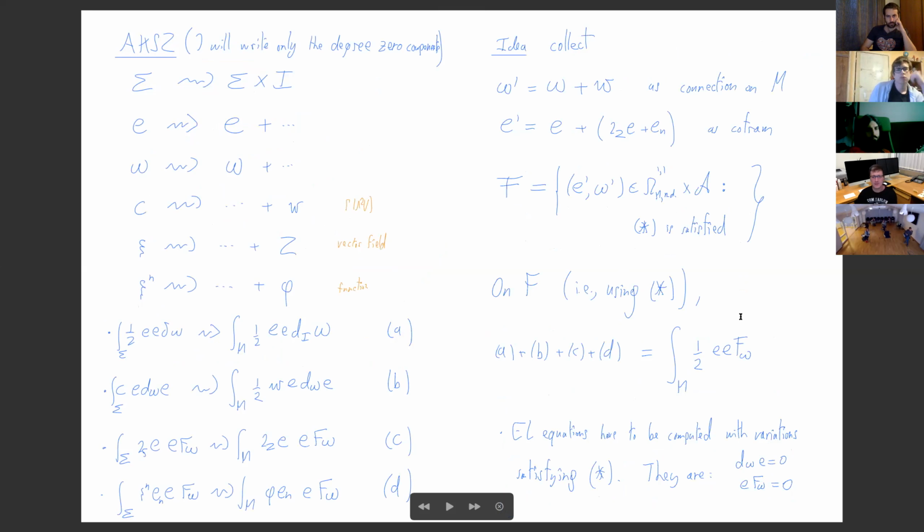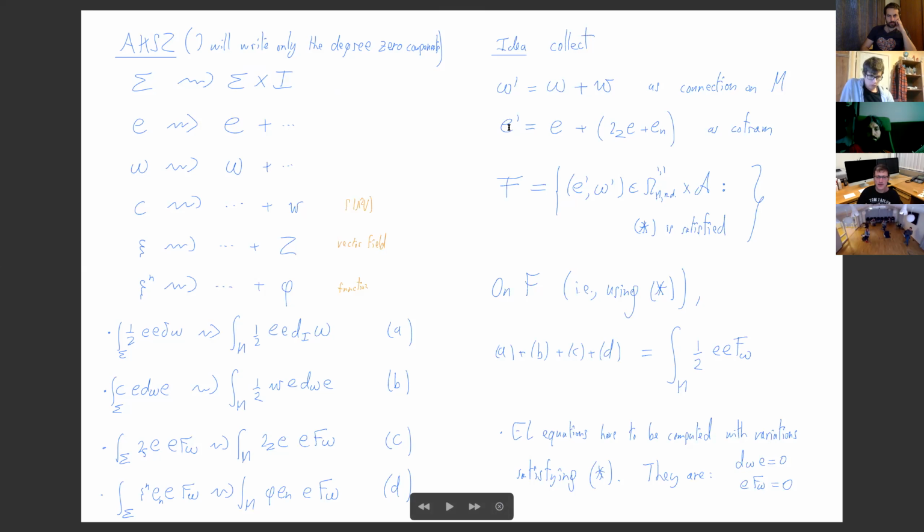Now what are these new fields? Well, actually what you can do, you can sum up omega and W. So notice that omega is a 1-2 form on sigma, whereas W is a 0-2 form on sigma, but a 1 form on the interval. So they are both 1-2 forms on M, on I cross sigma. Okay, so these are 1-2 forms, and you think of this as a new connection. Okay, so this omega prime, so omega plus W gives you some connection on M, and you could do the